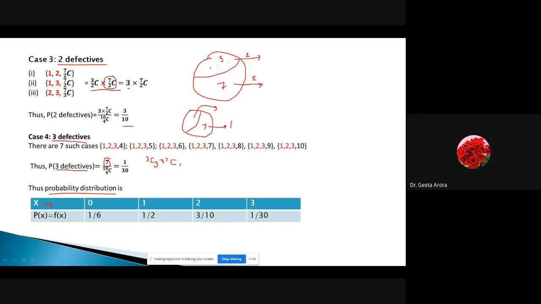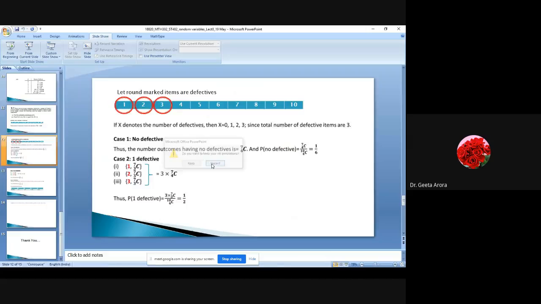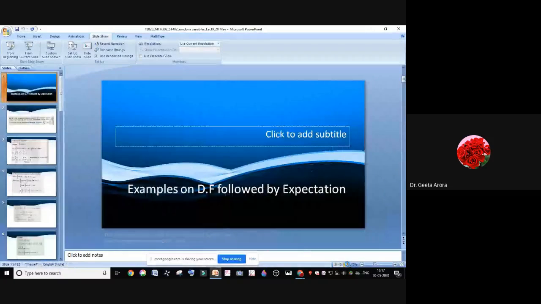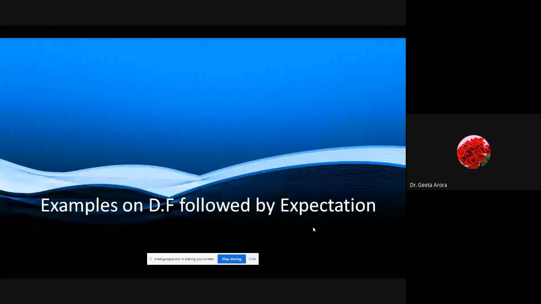Correct? If you have any doubt regarding this, you can let me know. Otherwise, let us start with the more examples which I have shared with the PPT today. It's already been shared with you. Correct? And attendance I have still not taken. We are going to discuss some of the examples, and whenever some question is given to you, then I will mark the attendance. Let us start. But any doubts if you have, or should I continue? If you're not asking, obviously I will take it that you are getting all the things and I will start with the next thing.